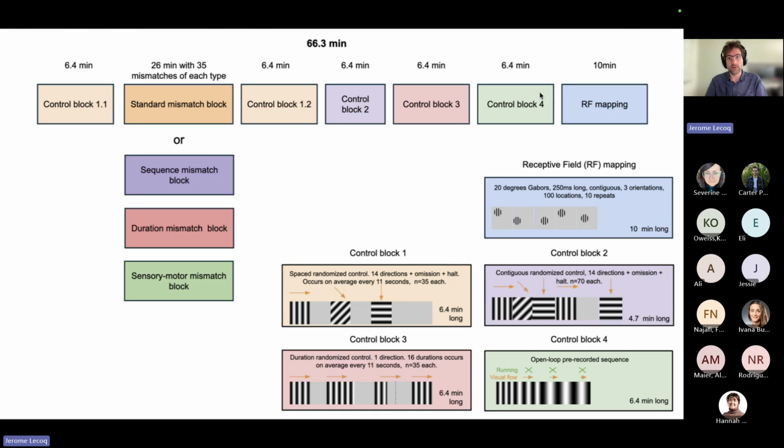And the last control block is a pre-recorded series of drifting gratings. And so to match the rest of the control blocks, I cap it at 6.4 minutes, to make sure that the session doesn't last too long. But I mean, we had to make a decision on how long we wanted this to be, and so I propose that we do it as long as the other control blocks, and then based on that, that gave us